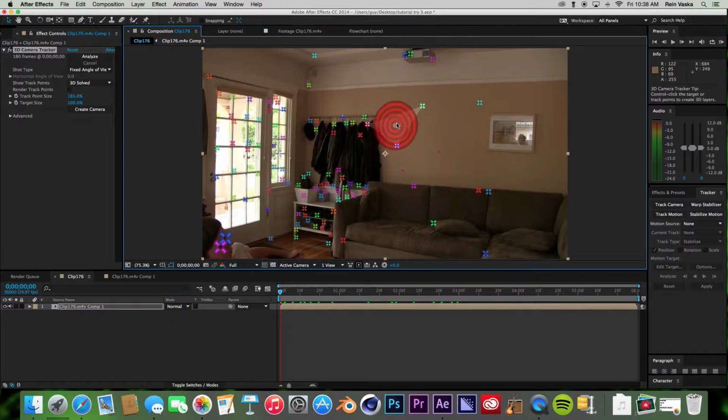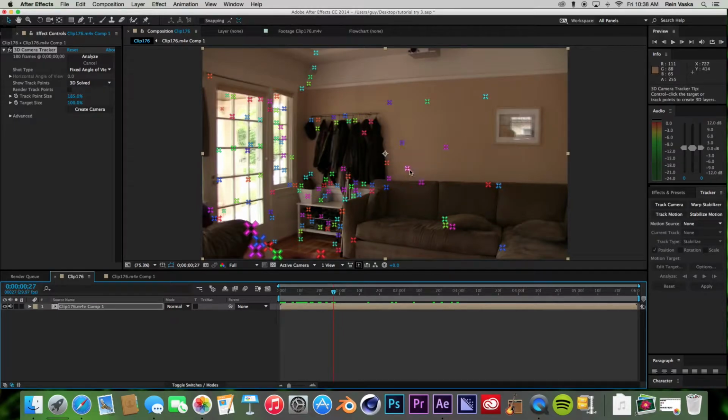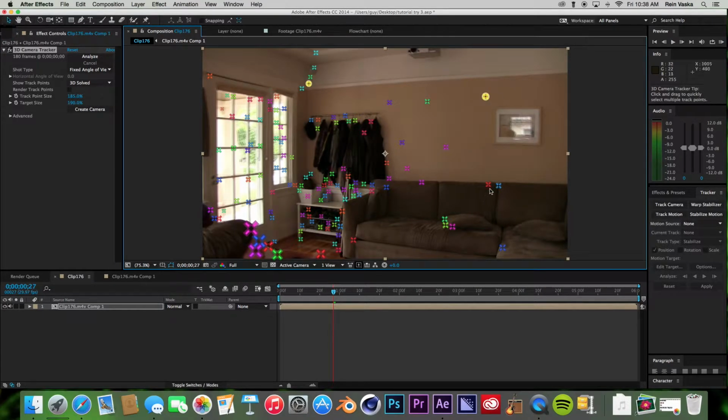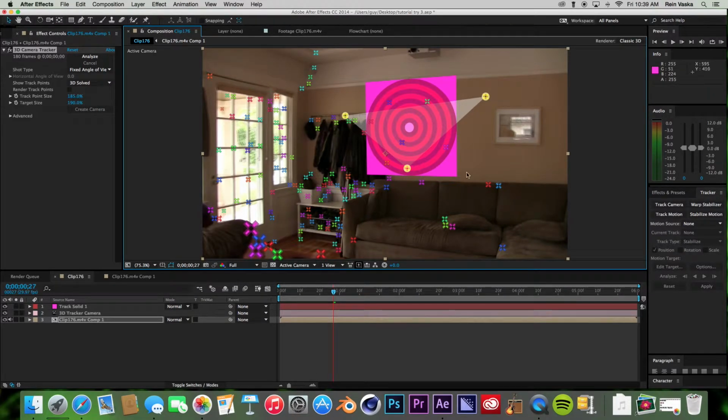So what you're going to want to do is take some of the track points. Let's just turn up the target size a little bit. There, there, and there. Maybe that doesn't work very well. Maybe there, there, and there. Actually, we're going to have an explosion, so that'll do for now. Then you're going to right click, create solid and camera, and now this is a little purple,